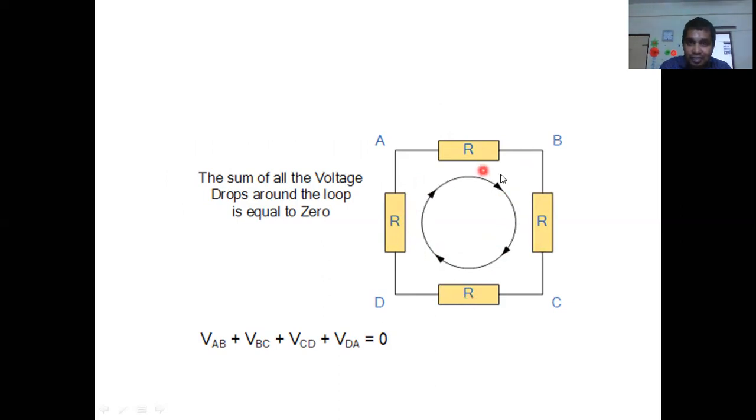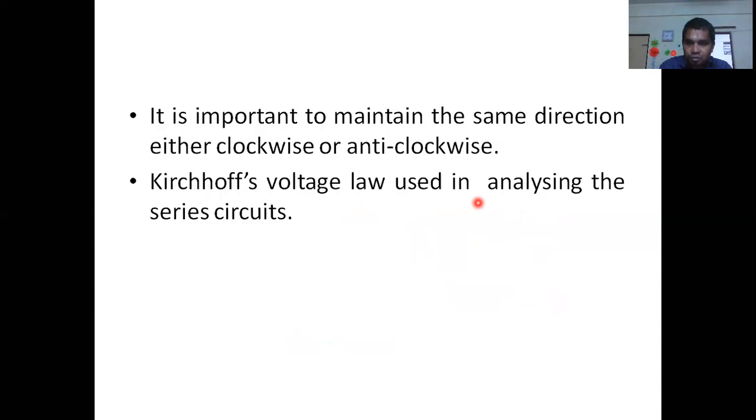That means in a series circuit or in a closed path, irrespective of whatever element may be available, the current flow will remain the same. This we have to keep in our mind. In a closed path, irrespective of any element, the current will be the same across each element, right? So this is Kirchhoff's voltage law.